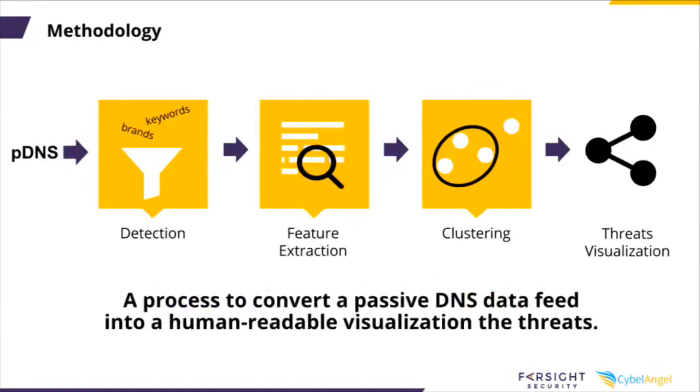Thank you, Andrew. So I will now present the research we did to identify counterfeiters and resellers of illegal goods in Farsight's passive DNS data stream, and how to put them in a human-readable visualization in order to optimize the takedown efforts. I will first go through the methodology, how we process the data, how we refine it, and how we cluster it and put it in a nice-looking visualization that is human-friendly. And after that, we will go through a use case.